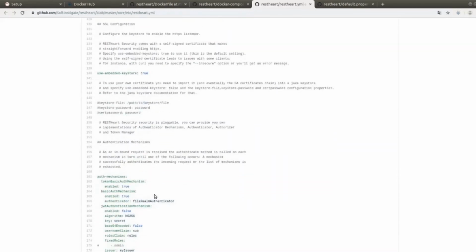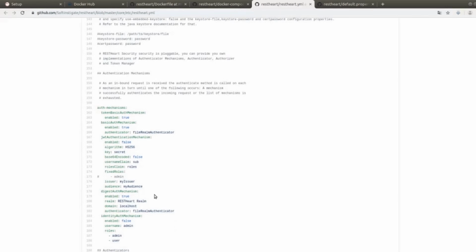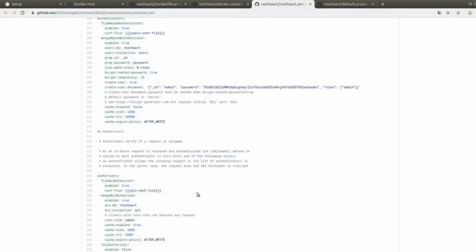Then there is a section dedicated to the different authentication mechanisms. These can be based on token or token JWT, or can be done through the basic authentication with the various authentication based on files or on MongoDB. However, we will go deeper on this topic in another specific video.